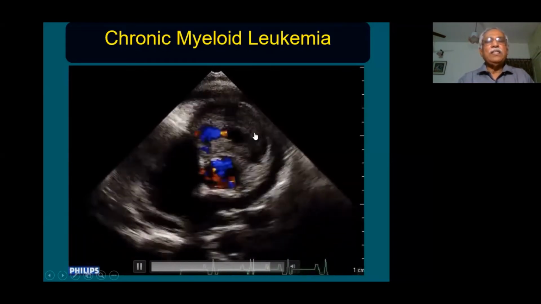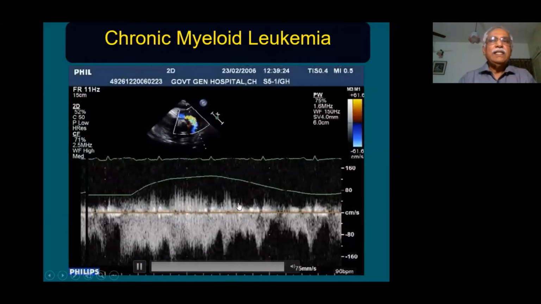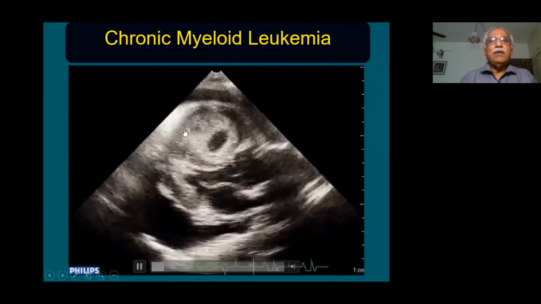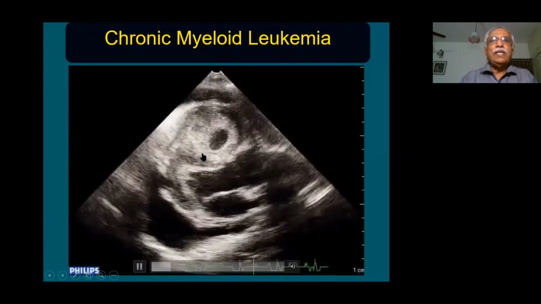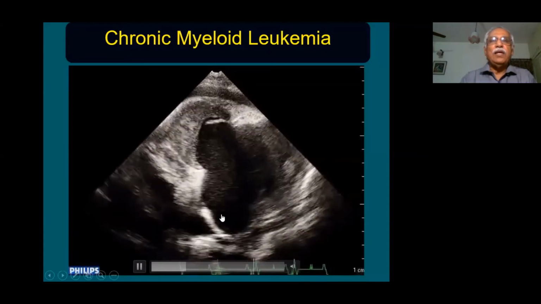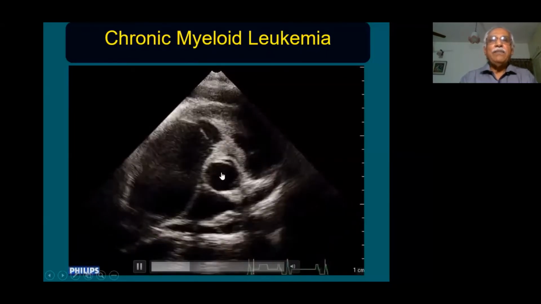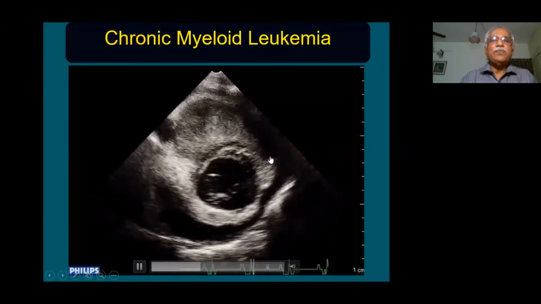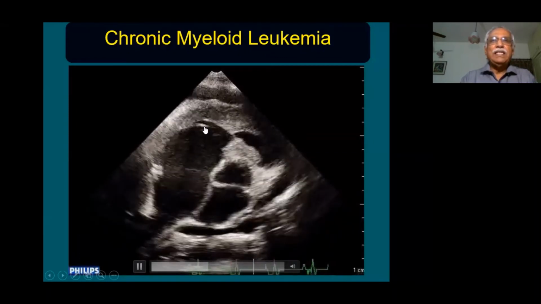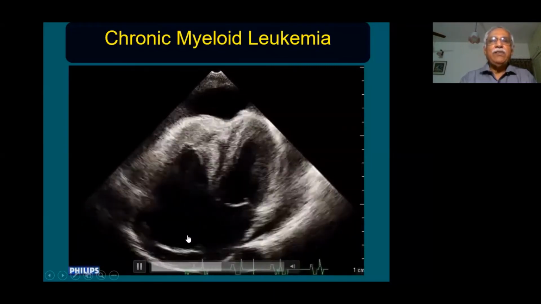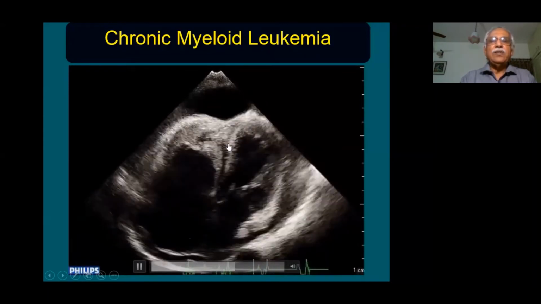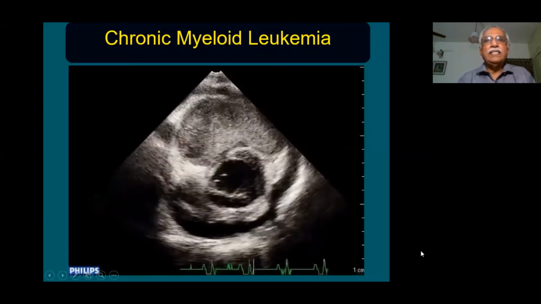This is hypereosinophilic syndrome, otherwise called Loeffler syndrome. There are two types, the myeloproliferative type and the lymphoproliferative type. This is the myeloproliferative type due to leukemia. It has produced a restrictive type of restriction to the flow of blood inside the right ventricle, and it was producing cardiac failure in this patient. You can see the tricuspid valve is plastered to the right ventricular anterior wall. The right ventricle and the right atrium are behaving like one chamber, and there are dense echoes, and the patient finally succumbed to the disease.